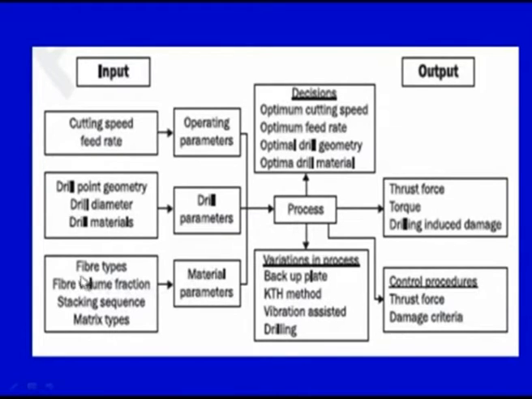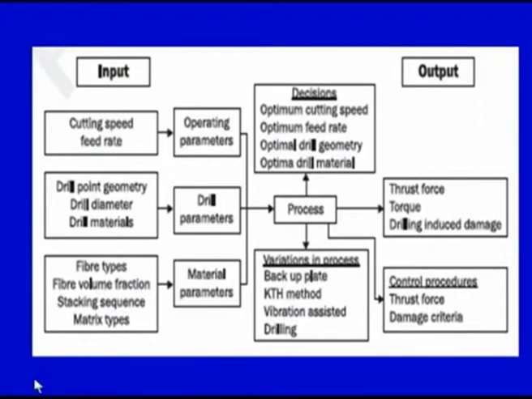Once again we will revise. Fiber types. We have seen in our lecture on polymer matrix composite that different types of fibers can be used, which can be natural fibers also, synthetic fibers also. Within synthetic fibers we have seen there is a category of fibers which can be used. To name a few of the fibers, in both the categories we can have glass fibers, carbon fiber, aramid fibers, we can have hemp fiber, sisal fiber, nettle fiber, Grewia optiva. Within these categories, natural and synthetic, we can have a large variety of fibers. So one important point is the fiber type.